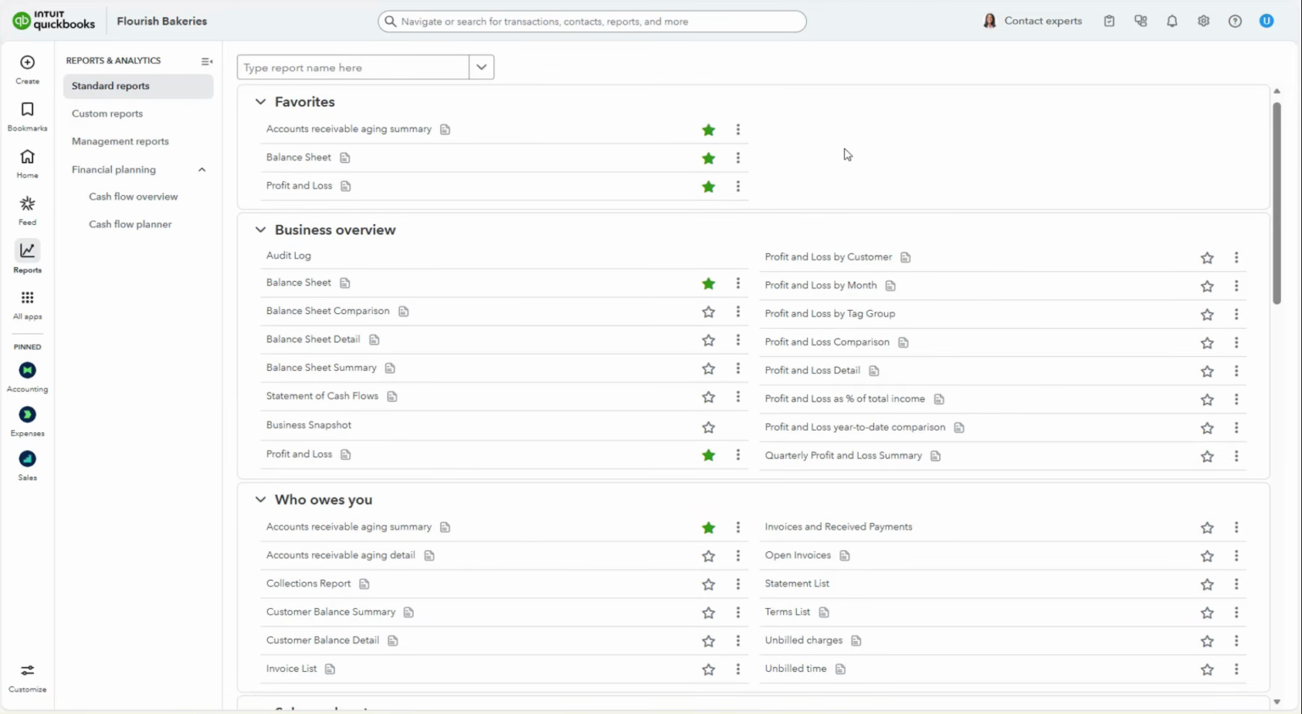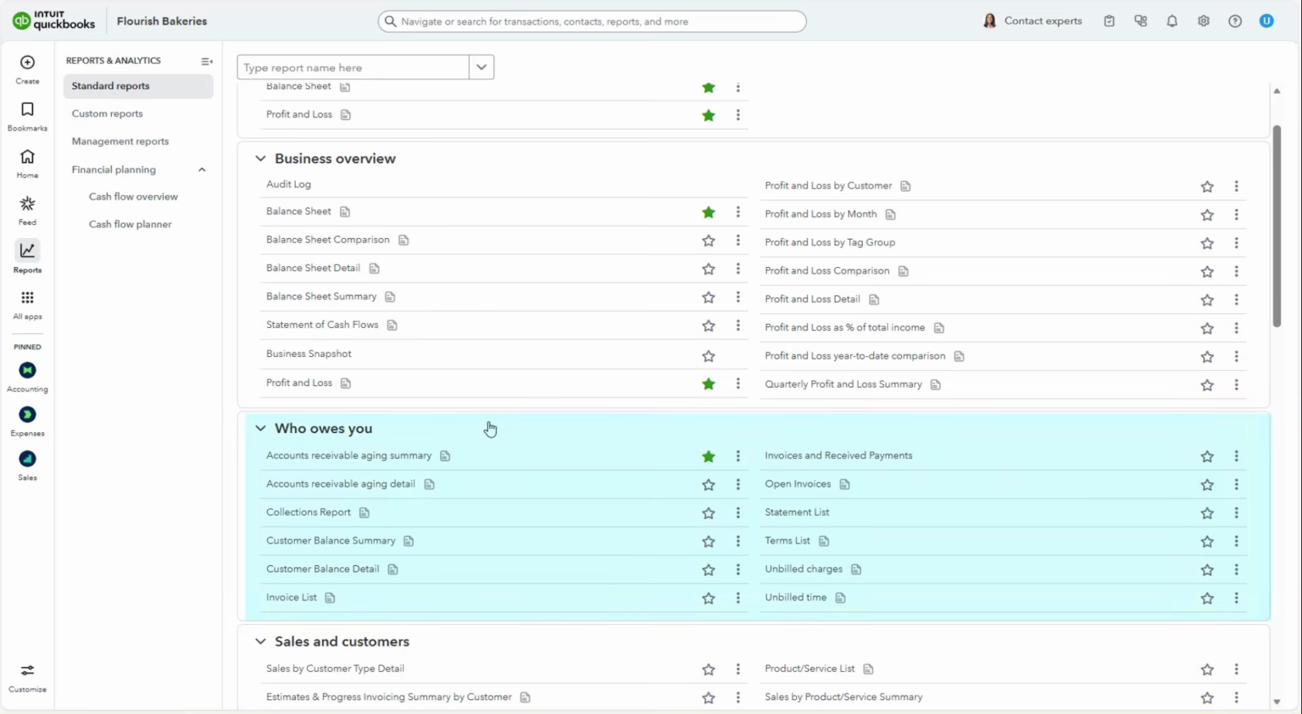There are several key report categories in QuickBooks. Firstly, we have the Business Overview. You can get a high level view of your business's financial health, including balance sheets, profit and loss statements, and cash flow reports. By accessing the Who Owes You reporting category, you can focus on accounts receivable to track unpaid invoices